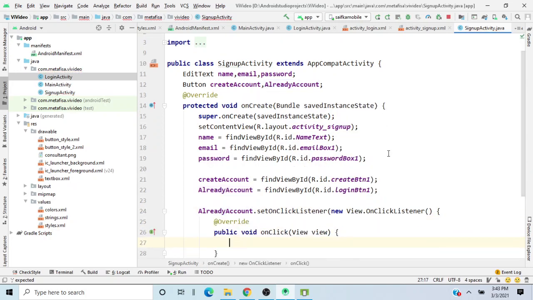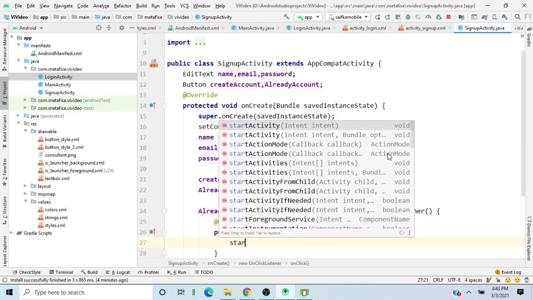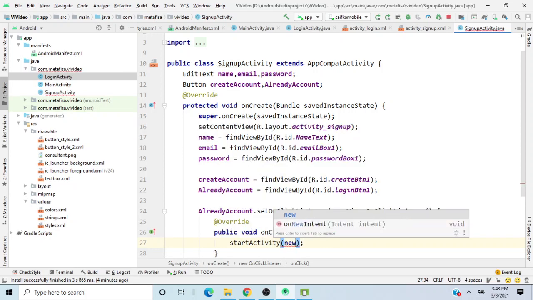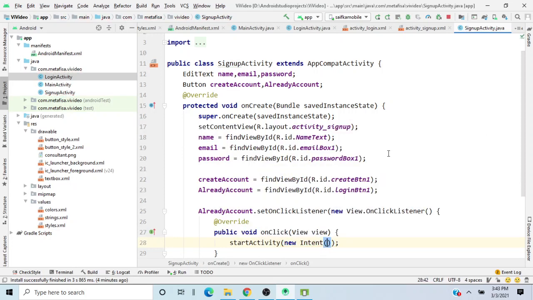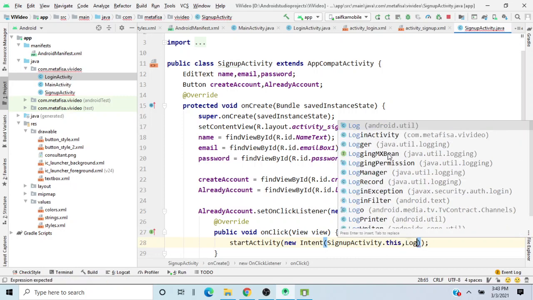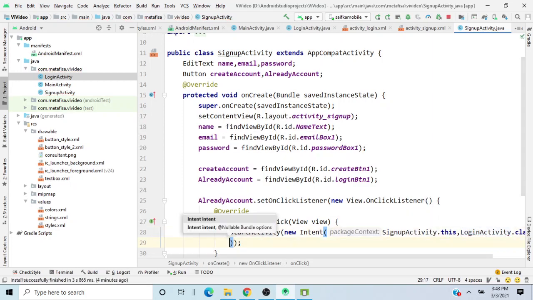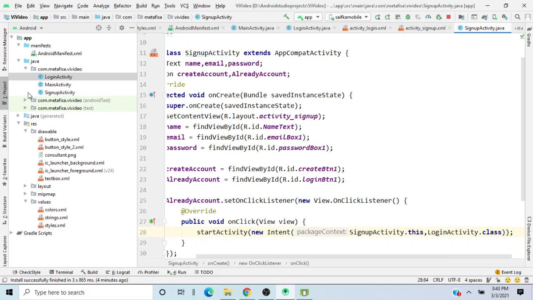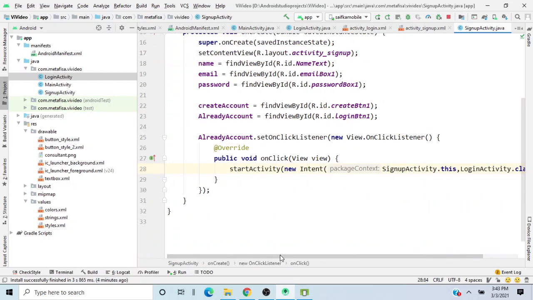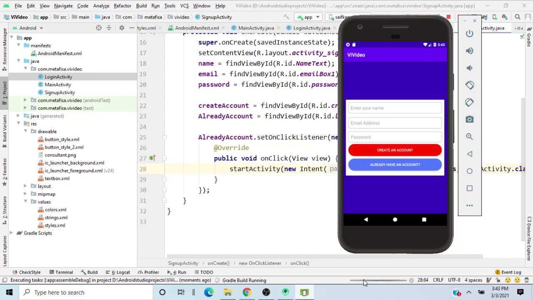and now I'll write start activity and new intent, and I'll write sign up activity dot this as the context, and we'll move to the login activity dot class file. Yeah, looks correct and fine. Let me just press this button. So this will basically